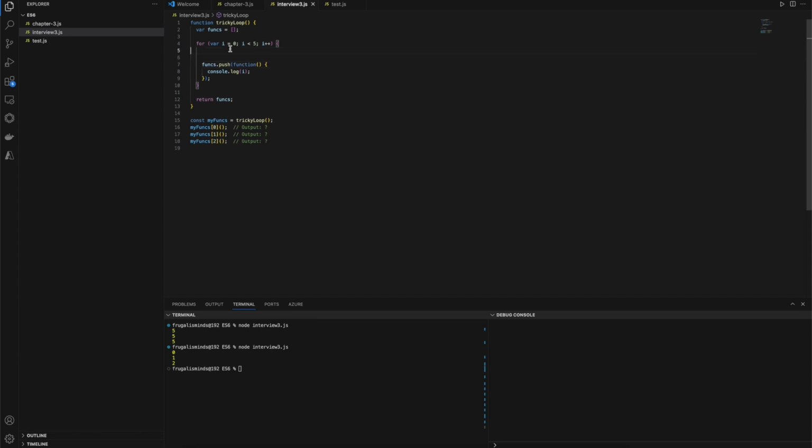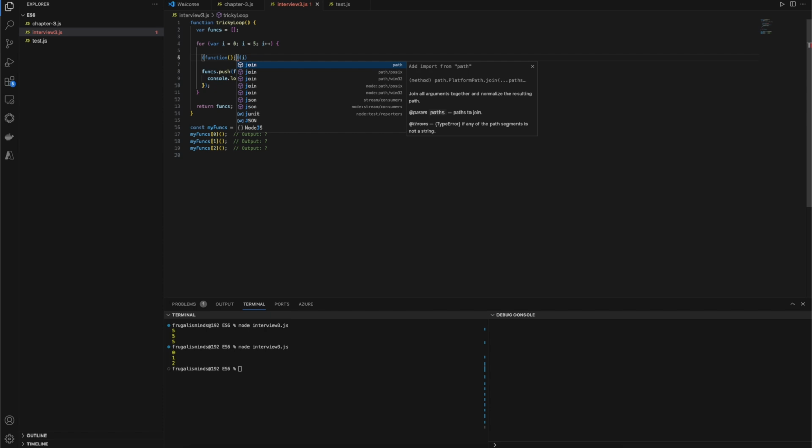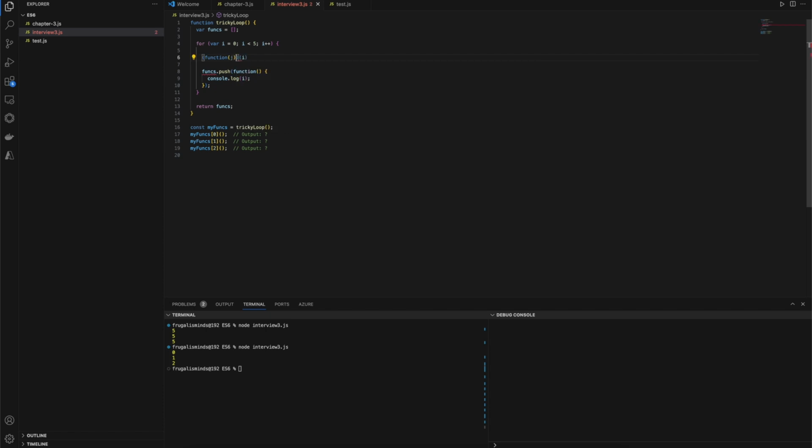There is a concept known as immediately invoked functions. An immediately invoked function creates a new scope for each iteration. Now let's see how we can achieve this. What I will do is create an immediately invoked function, right? And there I will just pass the value of i, and in this immediately invoked function I'll take a parameter j, and here I will do funcs.push